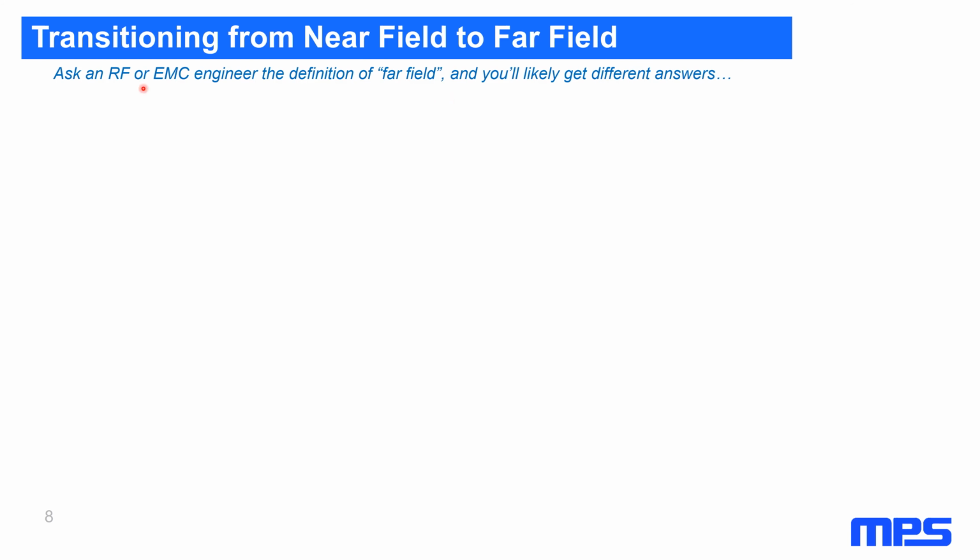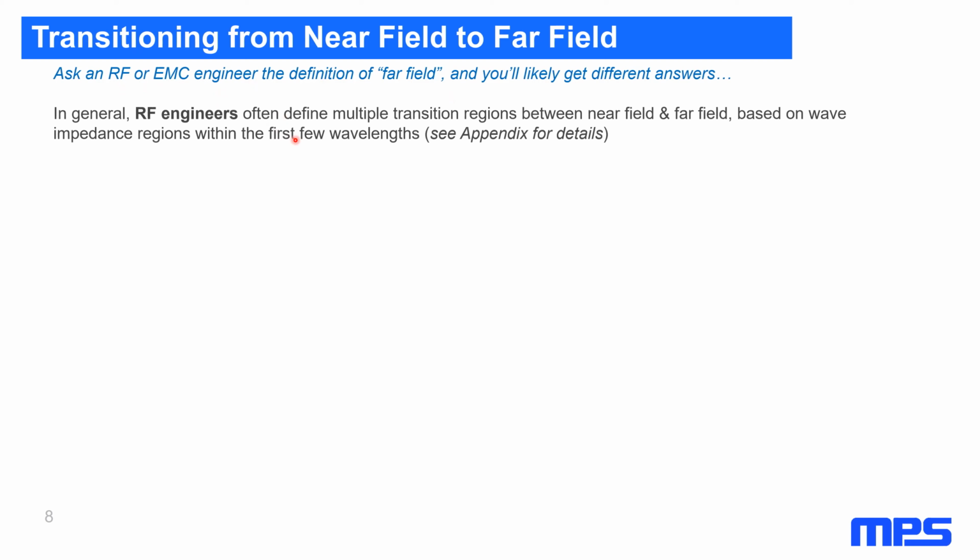If you ask a guy who designs antennas or sensitive RF circuits where the far field begins, you're likely to get a much different answer than you would from an EMC engineer who's trying to debug noise measurements that are coming off of a product. In general, an RF engineer will define multiple transition regions between the near field and far field. And this is typically based on wave impedance regions. So some RF engineers may say the far field begins at one wavelength from the source of noise. Others may say it starts at 2 wavelengths. It depends on, I think, the information that they were taught and